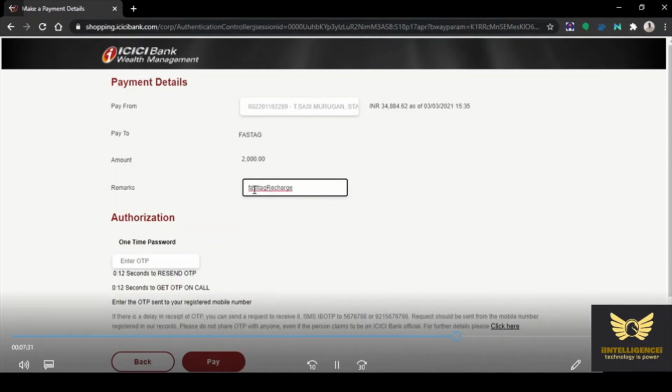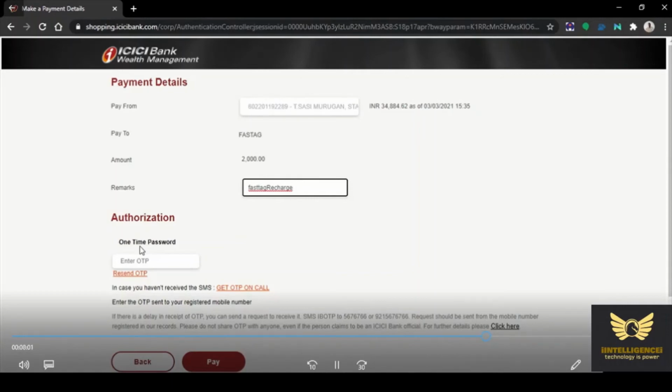Then enter the one-time password which has been sent to your registered mobile number with the concerned bank. It is nothing but authorizing the internet banking which you have. This one-time password will come only to your registered mobile number.